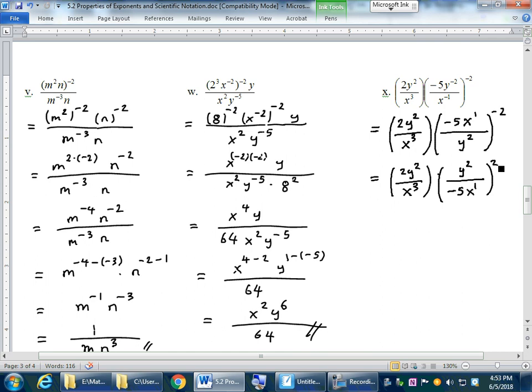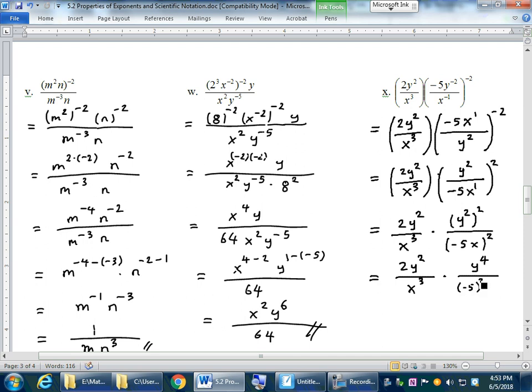Finally, I'm going to use property number 5 on the second factor. So 2y squared over x to the third, the first fraction stays the same, times, I'm going to skip the step. No. Power to the numerator, power to the denominator. So finally, this makes it much easier to continue, which is y with the exponent to the fourth power. Right? So this will be negative 5 to the second times x to the second, which gives us